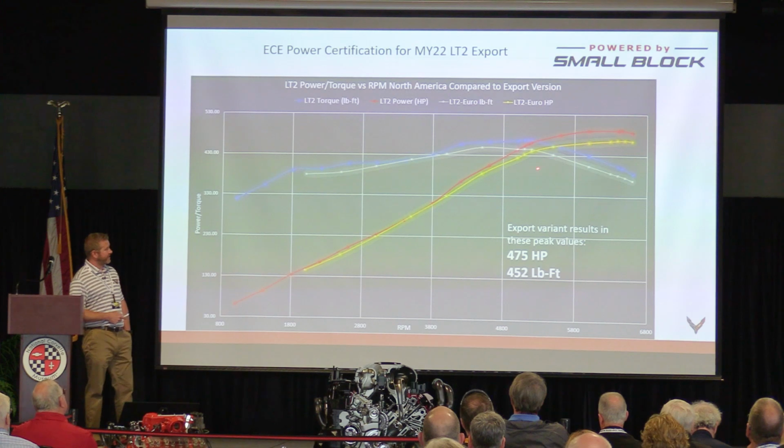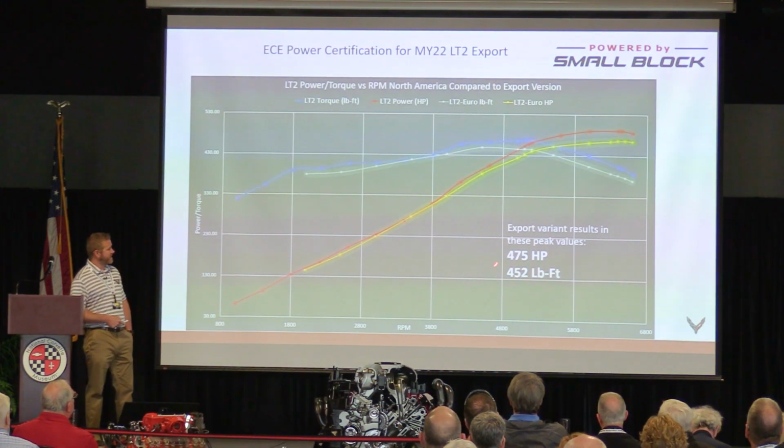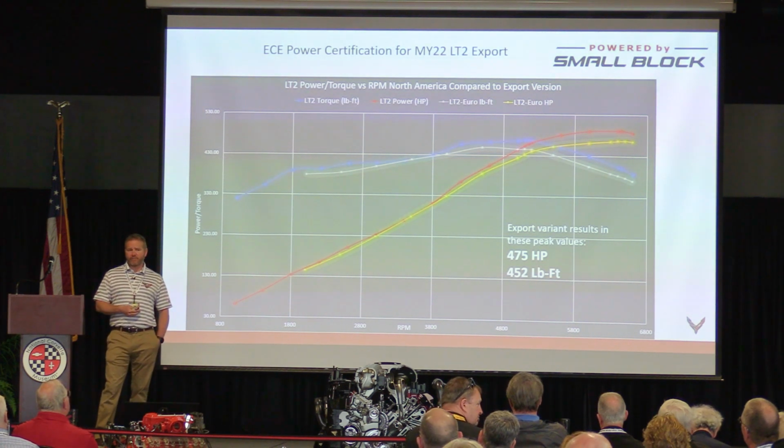This is LT2 to LT2. I don't have LT1, but basically North America is the red, and the yellow power is what we have for these export markets, with peak values of 475 horsepower and 452 pound-feet of torque, so about a 20 horsepower reduction. And largely that's driven by the slight increase in back pressure, and again, just some of the differences in regulations as